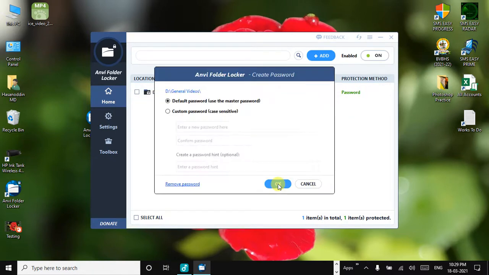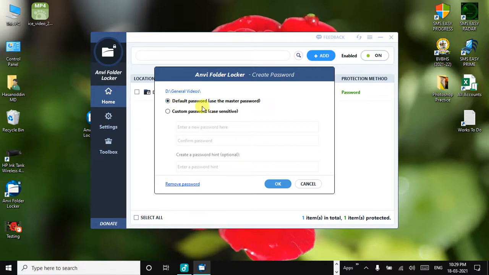So password, if you select password, two options will ask you what password you want to give the folder. So default password. So what is the default password we have given? We have given 1 2 3 4 5 6 7 8.